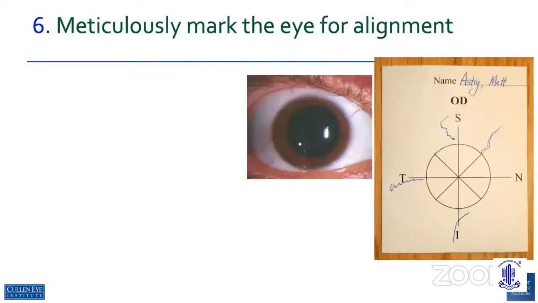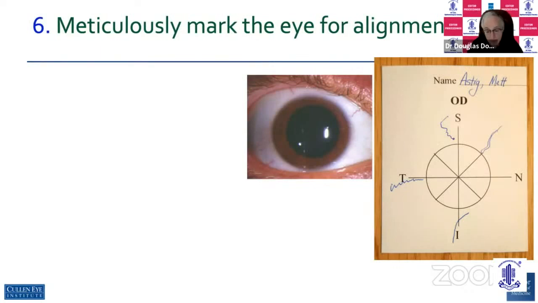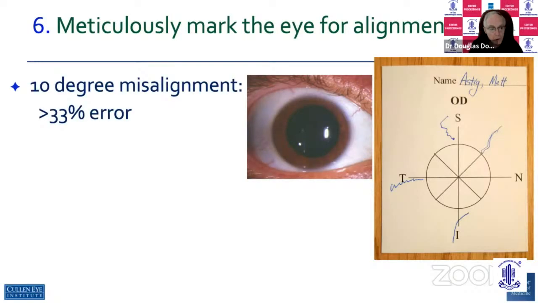How do I align my toric IOLs? Well, you know, I'm still kind of a manual marker. I do like the Callisto, as I'll mention. We know that you have to align your toric IOLs within less than 10 degrees, because a 10-degree misalignment introduces a 33% error. I like to make a pre-op drawing if I have one where I can draw some vessel,